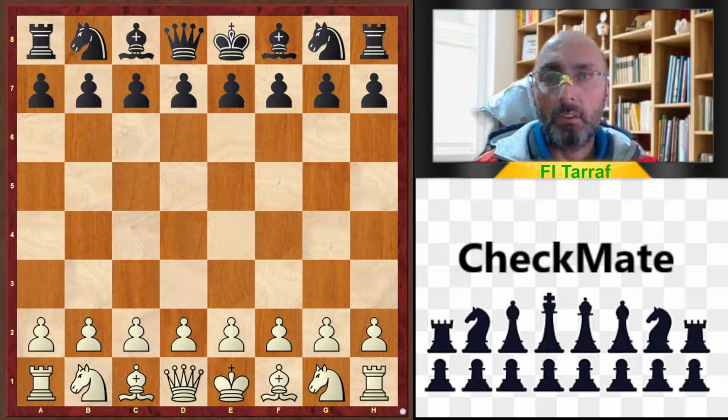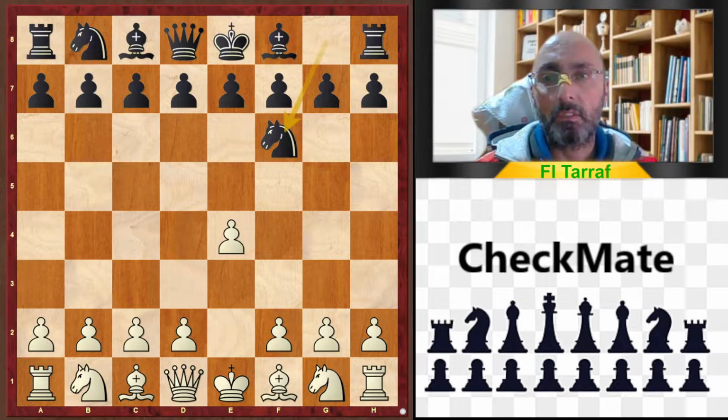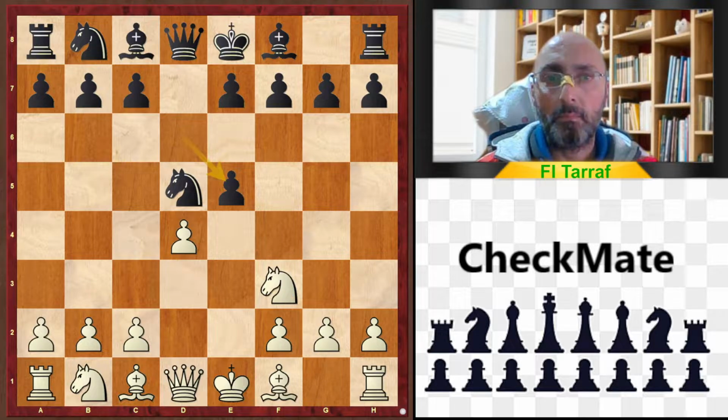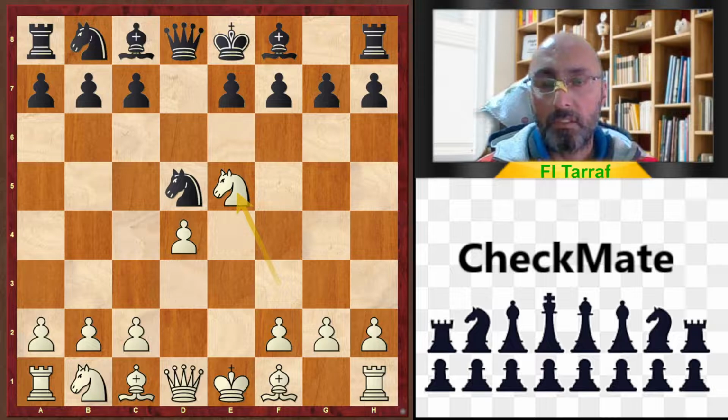A new video and a new trap, and the game today started with e4, knight f6, Alekhine Defence, e5, knight d5, d4, d6, knight f3, and this is all theory. Then exd5, knight takes e5, and this is the new move for us, and it's playable also, but it